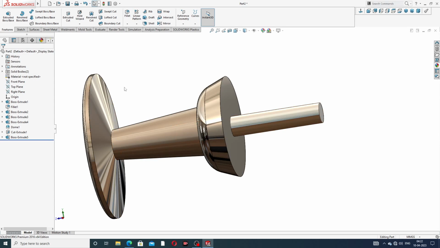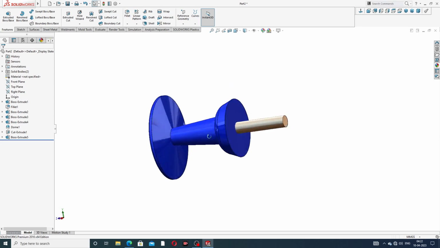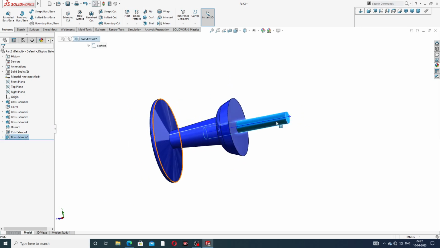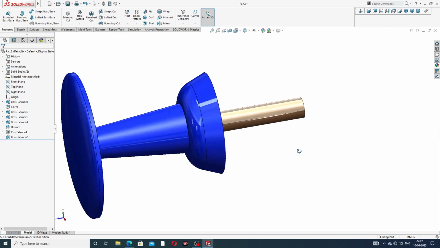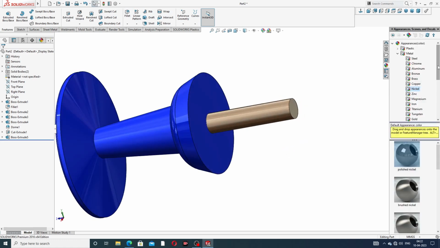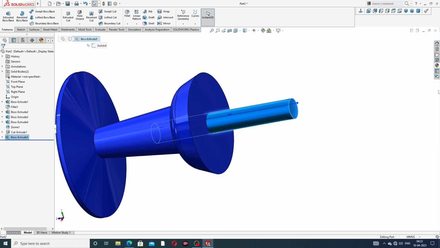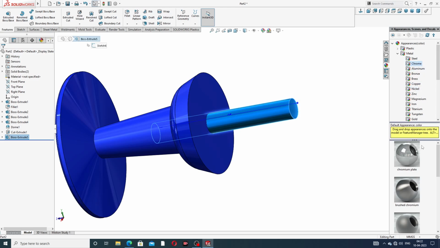Okay, this is perfect. Check undo, and also check nickel is perfect, but chrome plate is better. Chrome plate is better. Okay,